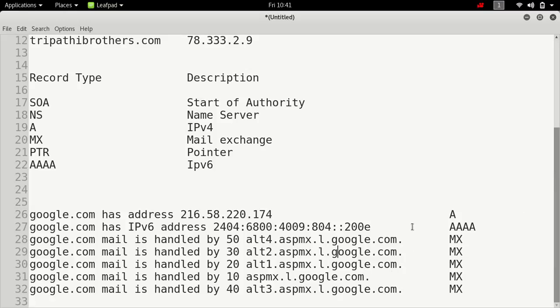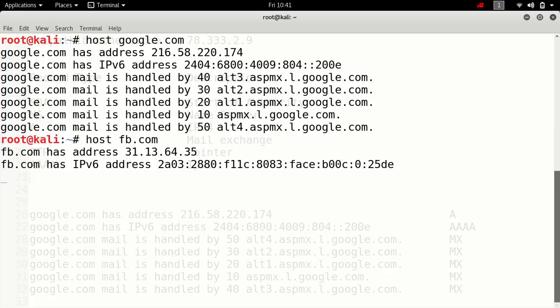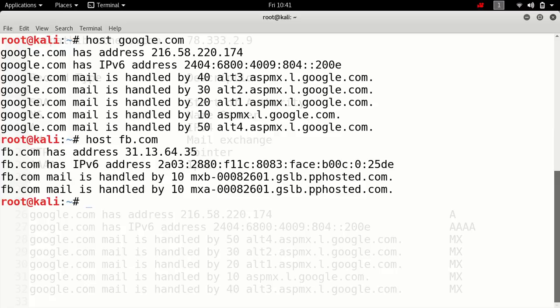Okay, we did not discuss the pointer record, so let's try to understand it. When you type host and then a domain name, it is called forward DNS lookup.